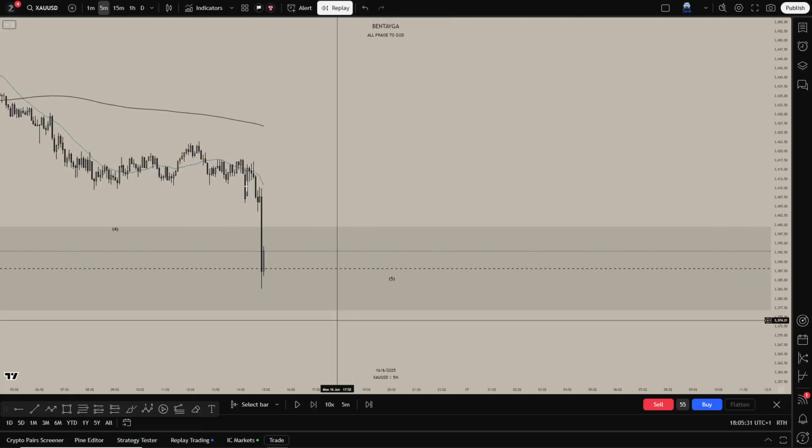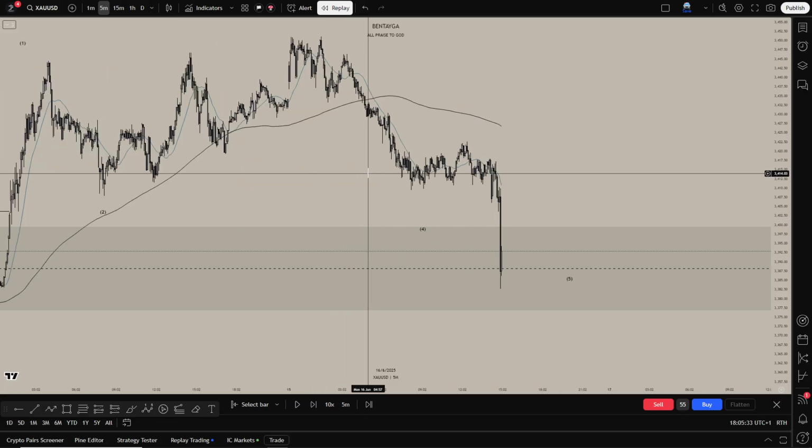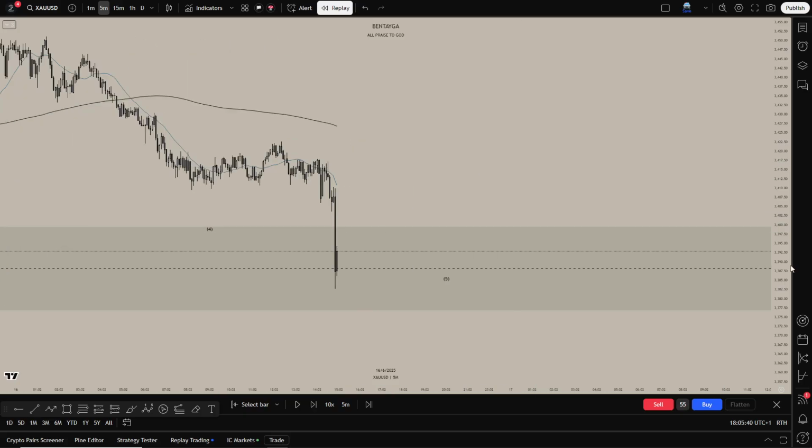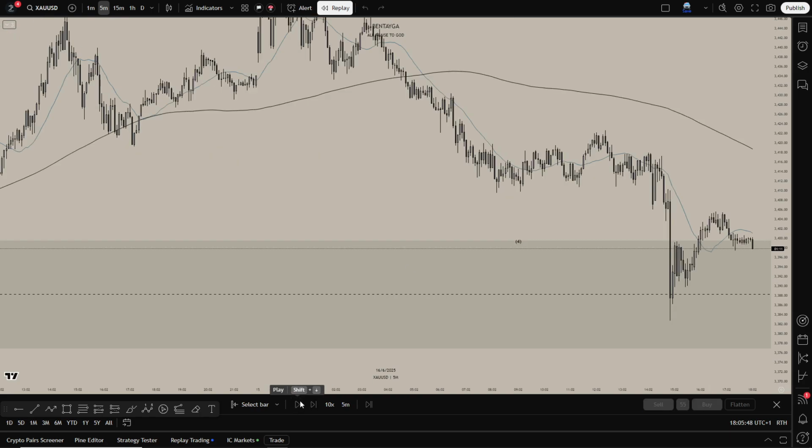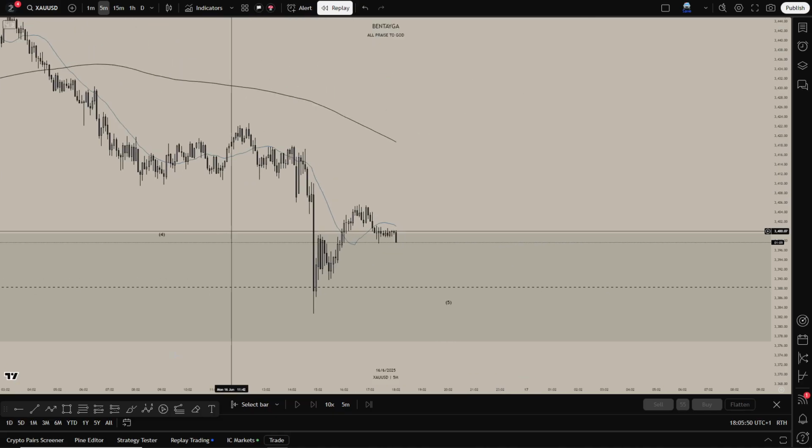So instead of me trying to look for longs, what am I going to start doing? I'm going to be looking for shorts. Or I can wait for price to flip back up, and then I catch the longs in continuation of my higher time frame. And then, we don't quite get the sweep. I thought we did, but either way,